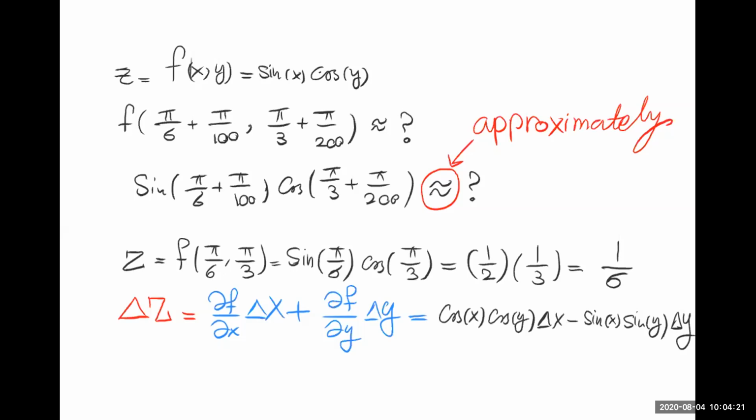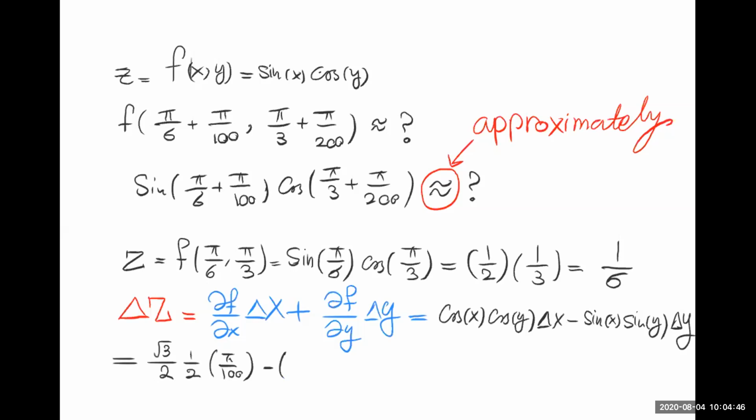Okay, so this is equal to cosine of x, cosine of y, delta x. So x and y are pi over 3. So it's cosine of pi over 3 times cosine of pi over 3. So it would be 1 over square root of 3 over 2 times 1 over 2 times delta x. Delta x here is pi over 100